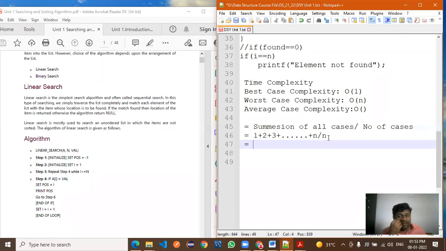Right? Now we are talking about the time complexity of linear search. We have calculated best case complexity. Worst already calculated. Now we are talking about the average case. How do we calculate the average case? We are considering the summation of all cases divided by number of cases.